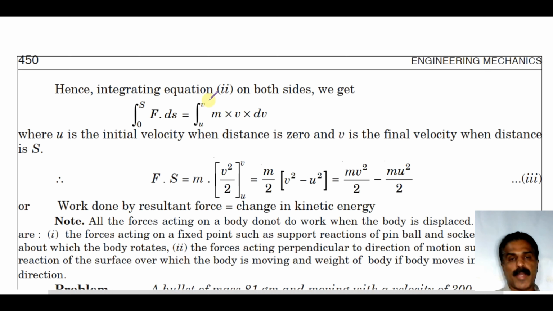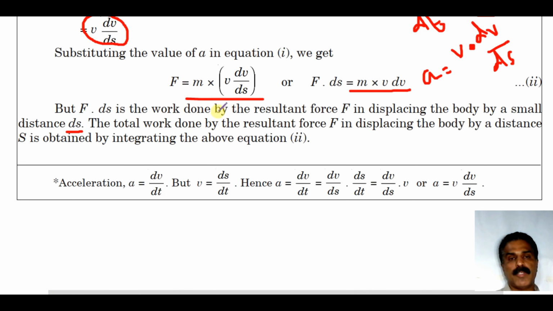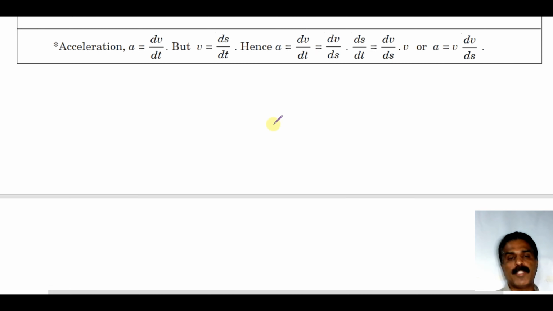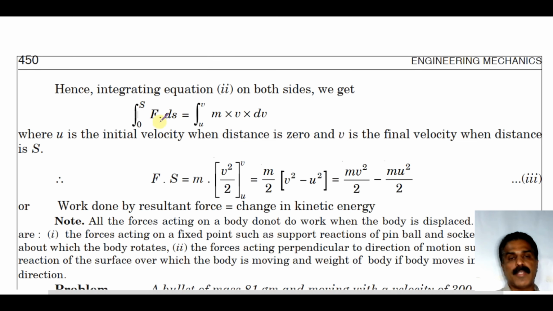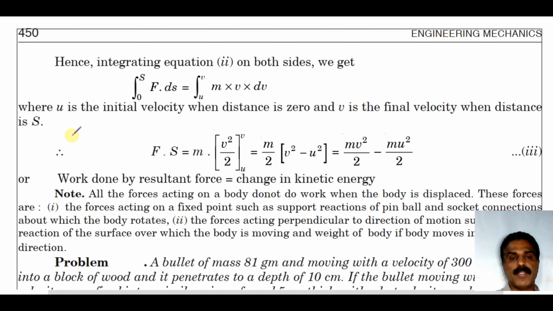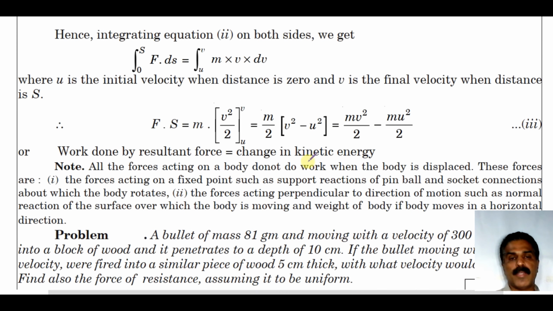From F into ds is equal to m into v into dv, we integrate both sides with the appropriate limits: for the left hand side, displacement from 0 to s, and for velocity from u to v. When we simplify, we get F into s is equal to